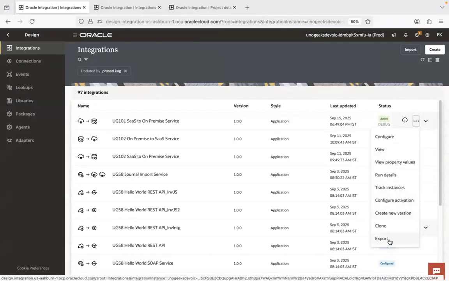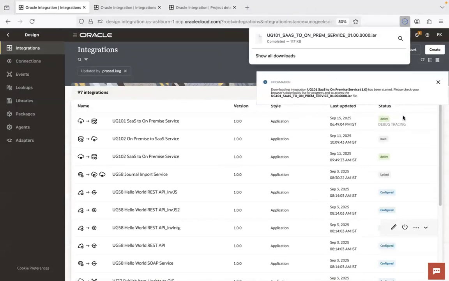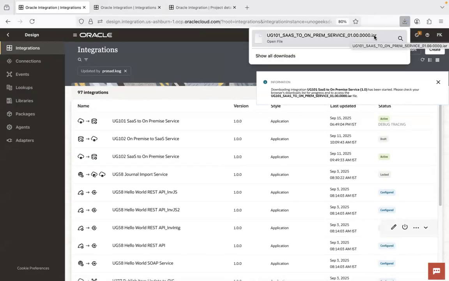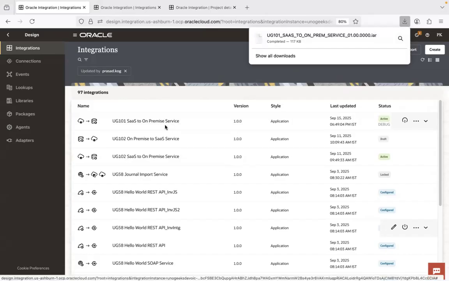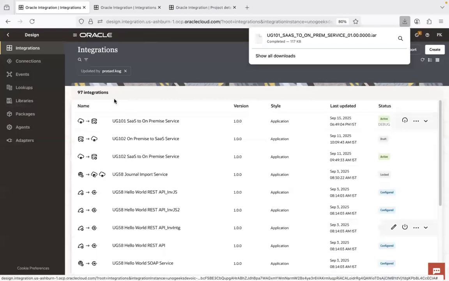and I can export it, and that would create an IAR file. I can pick up one integration at a time, export it, that would create an integration archive file. And in this integration archive file, you will have all the code of this integration. So all the code of this integration would obviously be there in this file. And not just the integration code, guys. You will also see whatever underlying components used in the integrations, like whatever connections are used in the integration, whatever